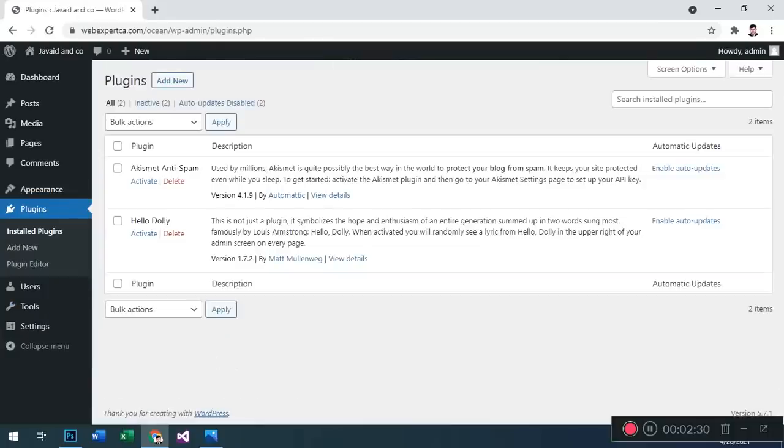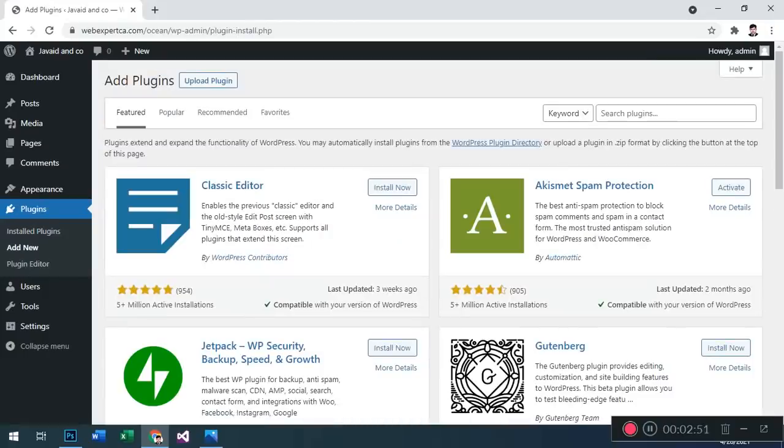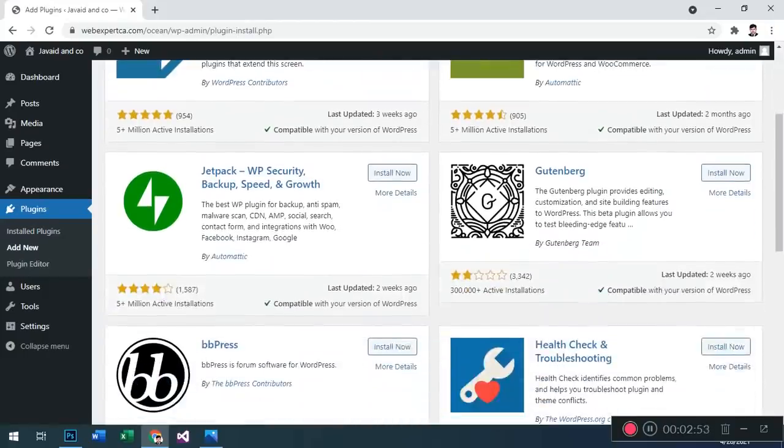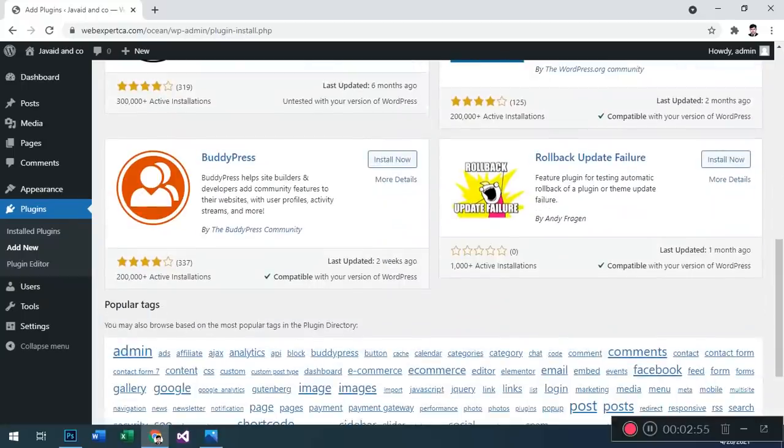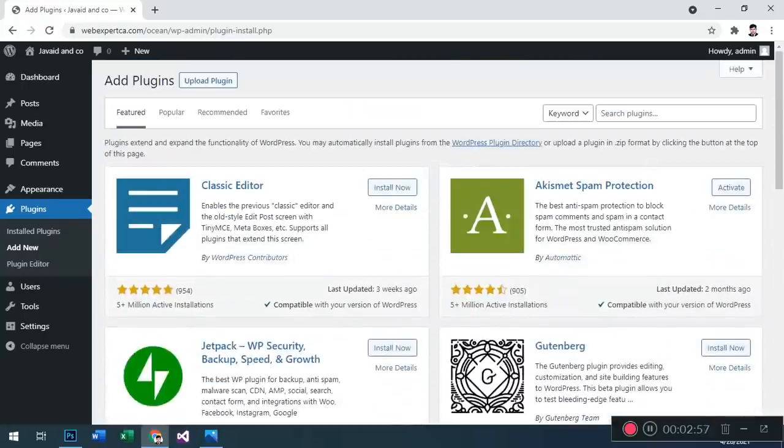In the plugins, mostly plugins are used to add more options and more functionality to your website. In this plugins section you just click the add new button, and after that you will see how to add a new plugin. You click here, and different types of plugins are available for you on the screen. This is by default from WordPress.